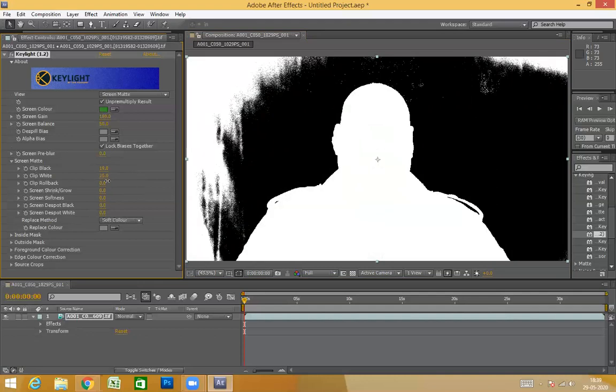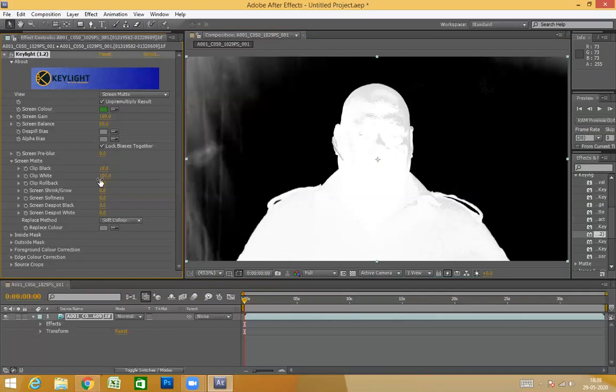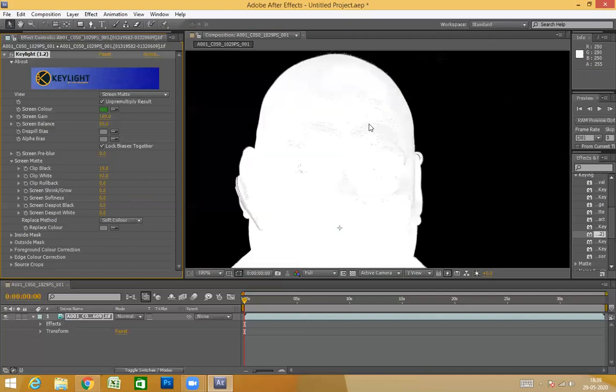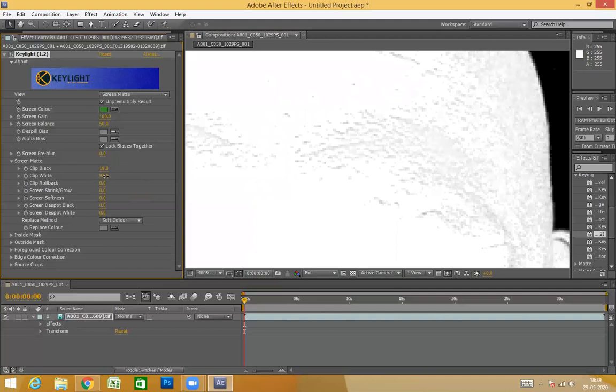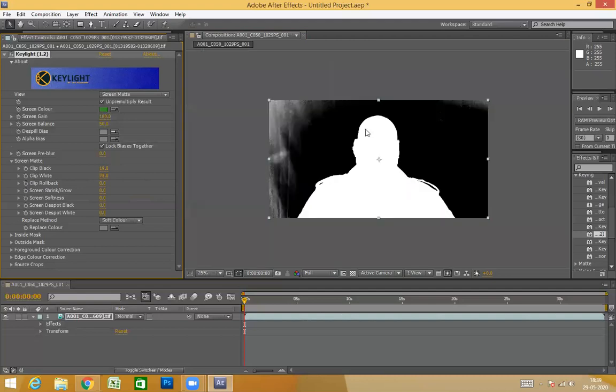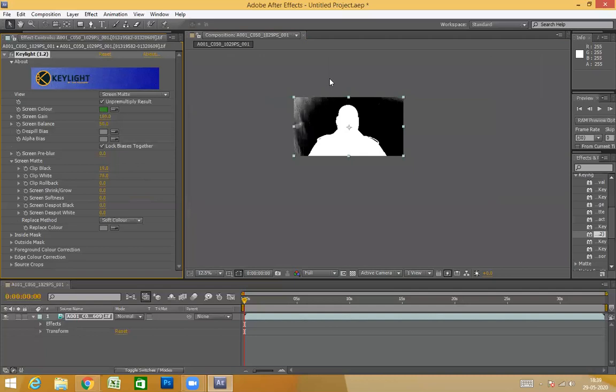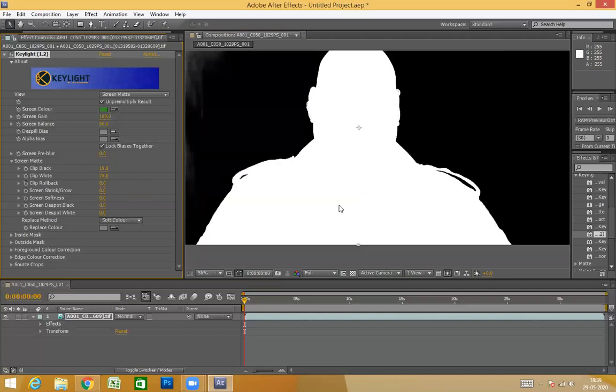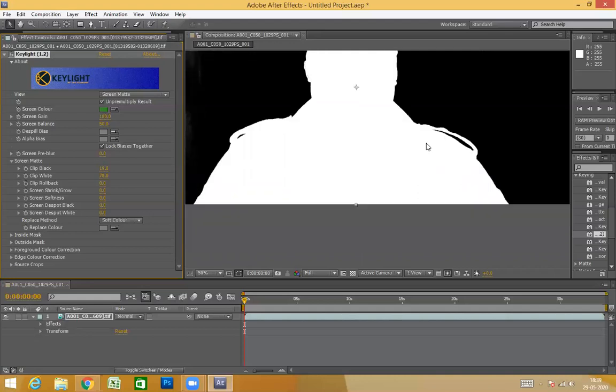So if you see, clip white is 100%. You have to decrease the clip white, and the character is very important. You have to understand the character. So clip white, the character, you see here 92, let's scroll it down, 88, yes. So now my character is completely opaque. That means whatever transparency in the character is gone with this 78% of clip white,